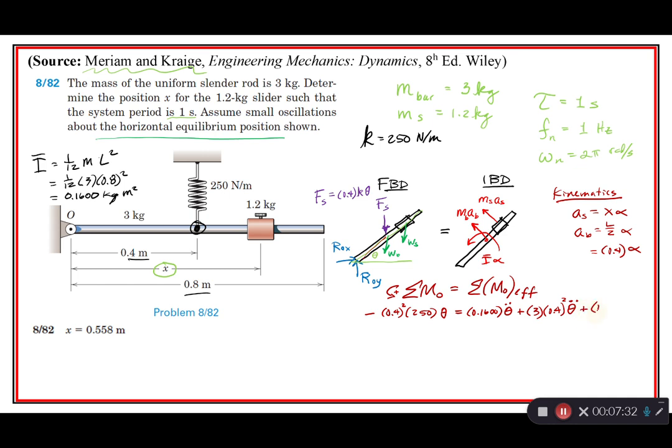And then lastly, we're going to have plus the mass of the slider, 1.2 times x, but we don't know x yet, and then times theta double dot, but we need a square times the x. All right, did I get that on there? Sure enough. All right, so we can collect stuff on the left-hand side. I did it all at once, so I can pre-apologize and say that we had theta double dot plus, and then I made a big parentheses, and I went 0.4 squared